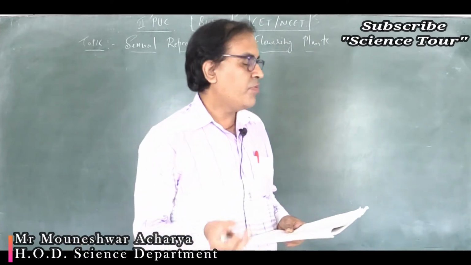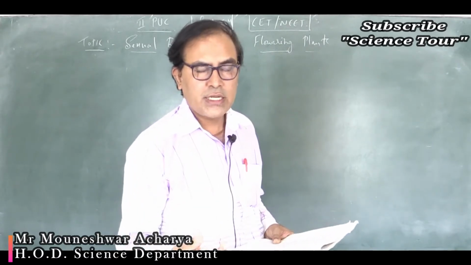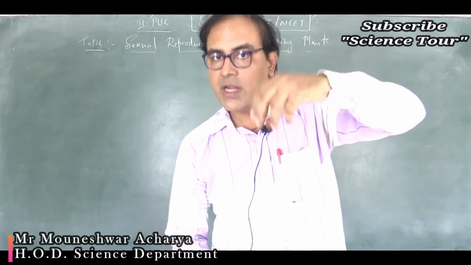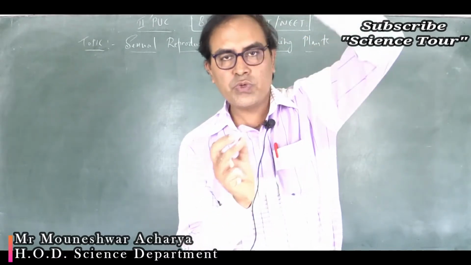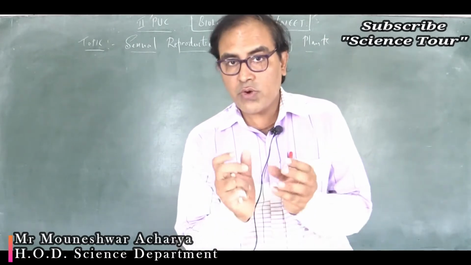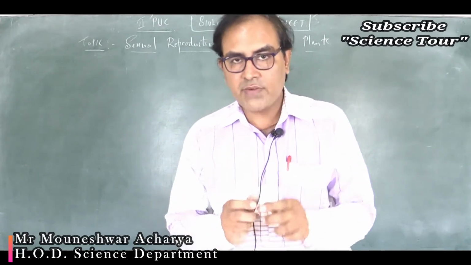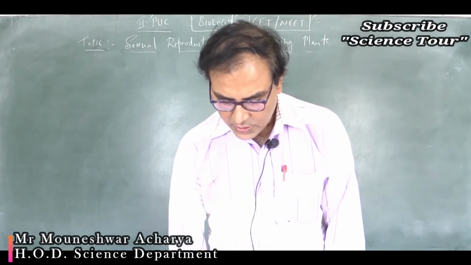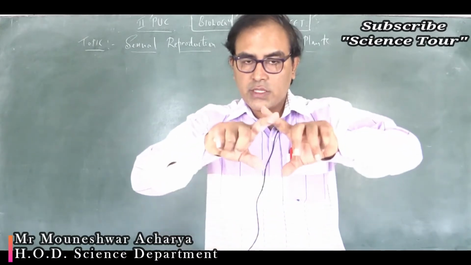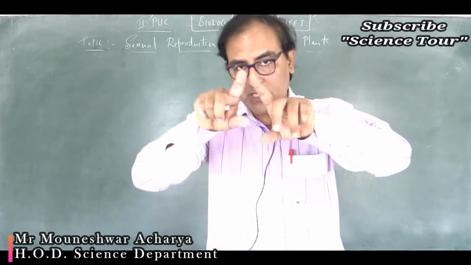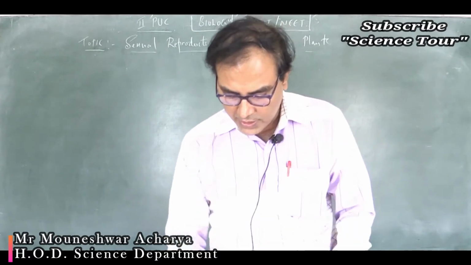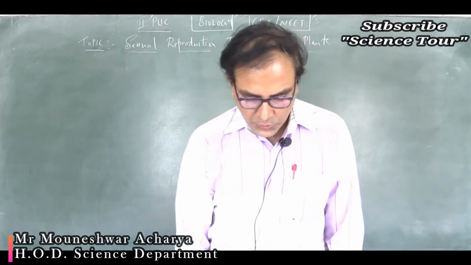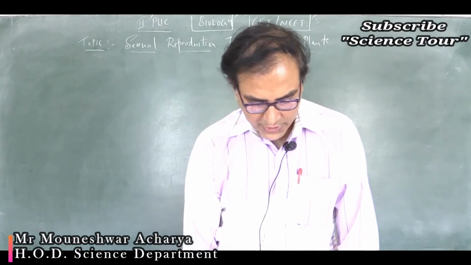Now what is a plumule? If you take an embryonal axis, it has got plumule and radicle. The radicle forms the root system and the plumule will give rise to the shoot system. Then what is coleorhiza? The radicle which is covered by a protective sheath is called coleorhiza. And what is a coleoptile? The shoot or the plumule which is covered by a protective cover is called the coleoptile. So the right answer for question number 49 is option 4, scutellum.